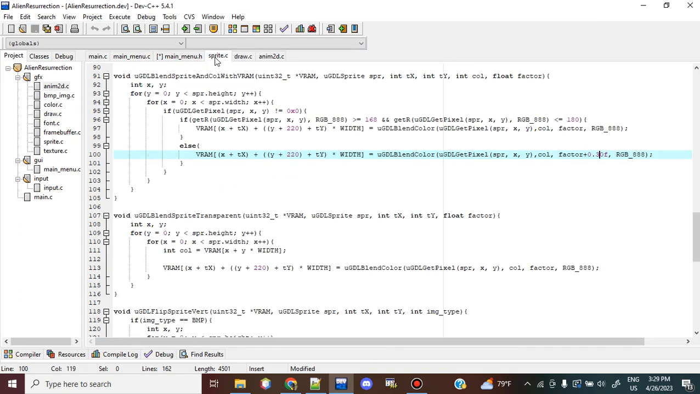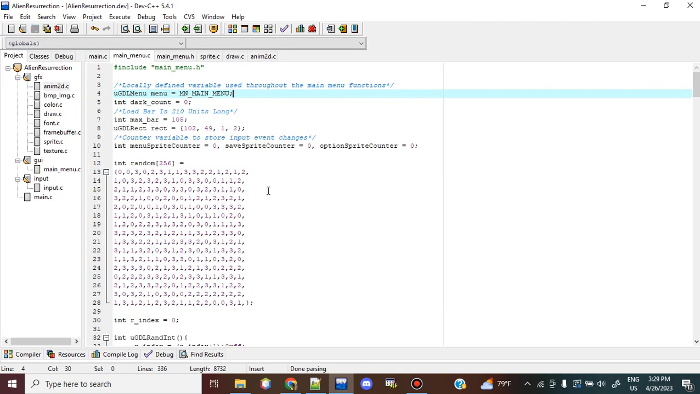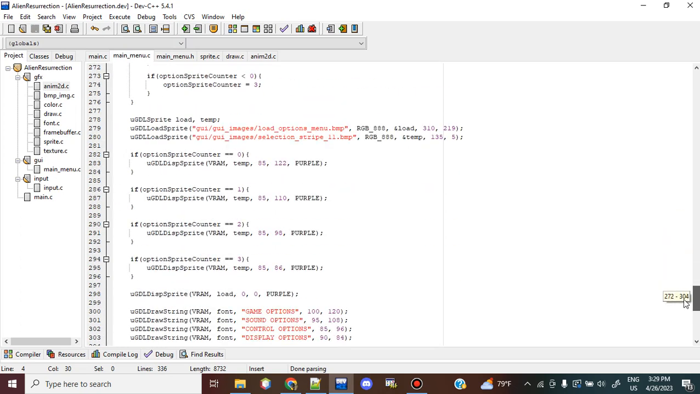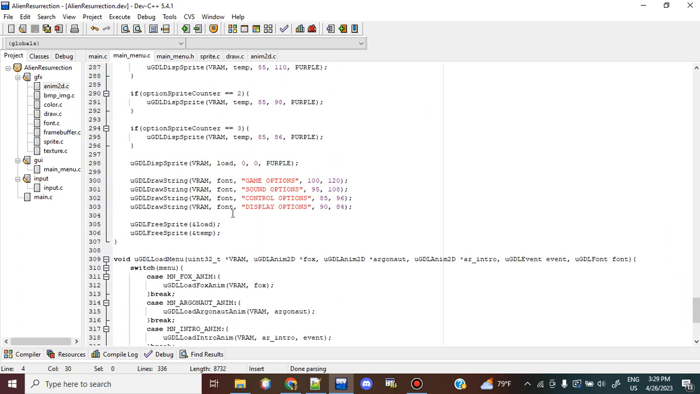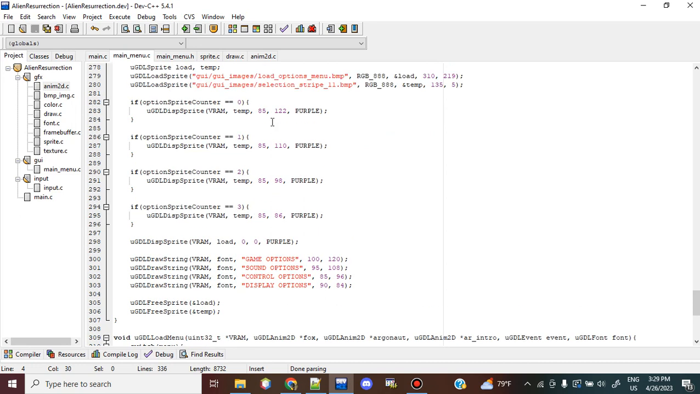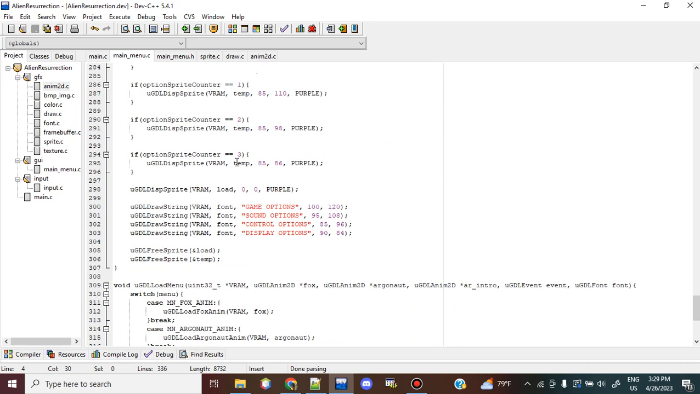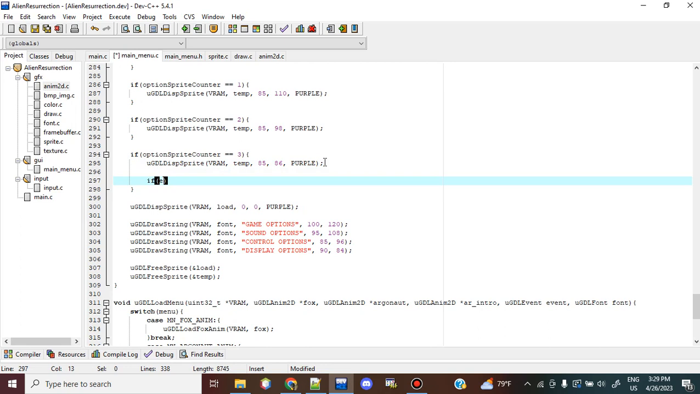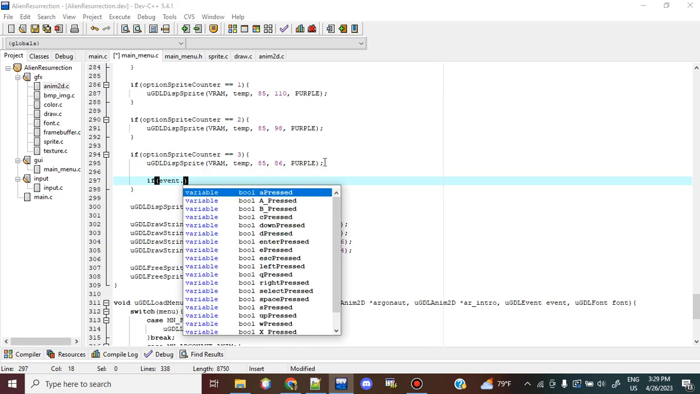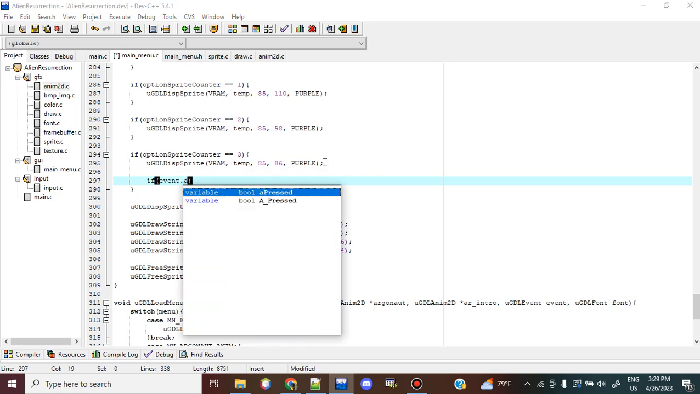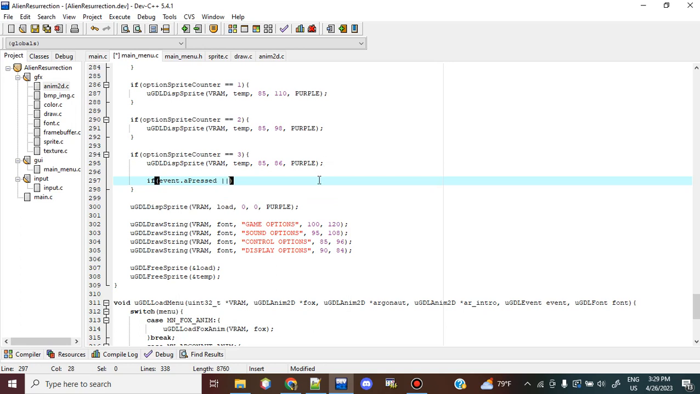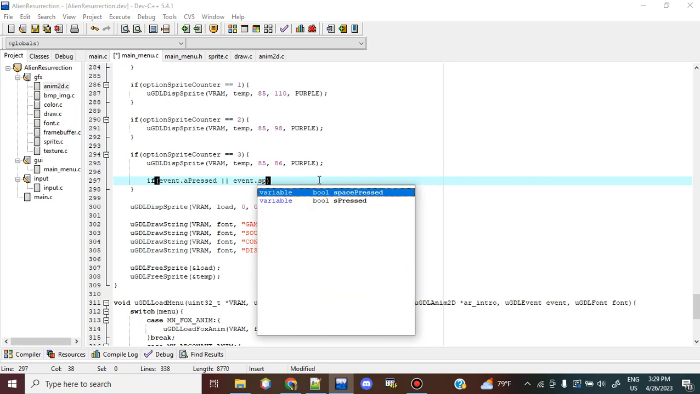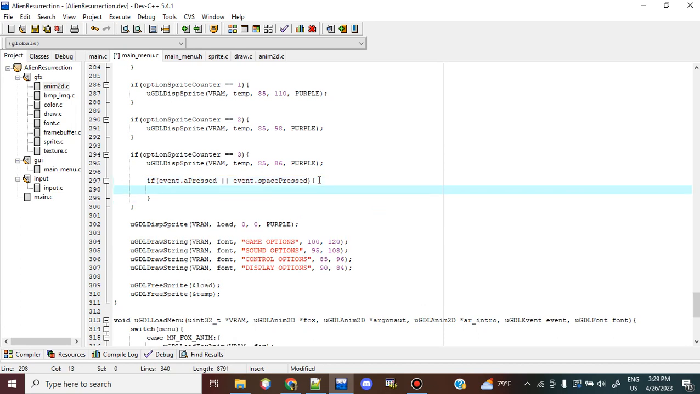So where am I? Oops. Okay, figure out where I'm at. So here we are. I think that's if sprite num count equals 3. Okay, so if event dot A pressed or event dot space pressed, if you're on Windows, we're gonna say state changed is gonna be equal to true, and then